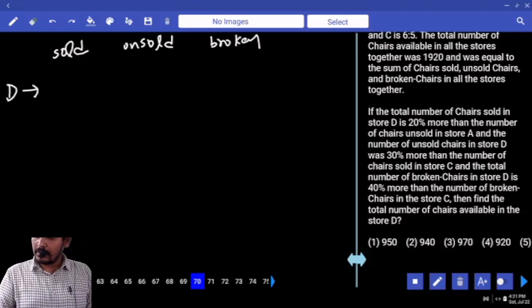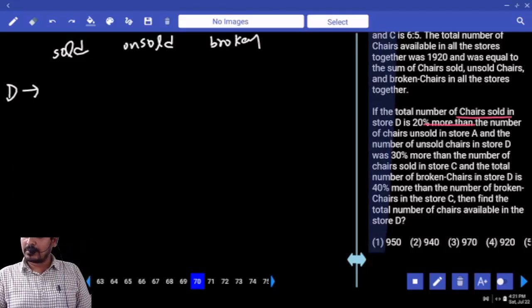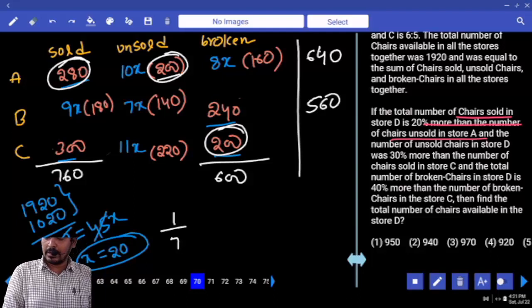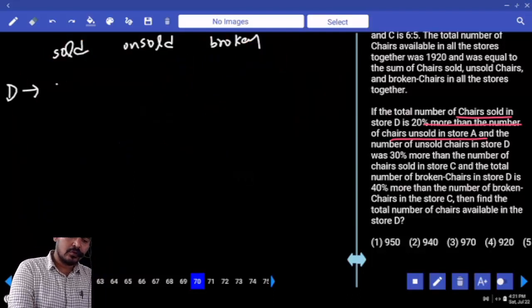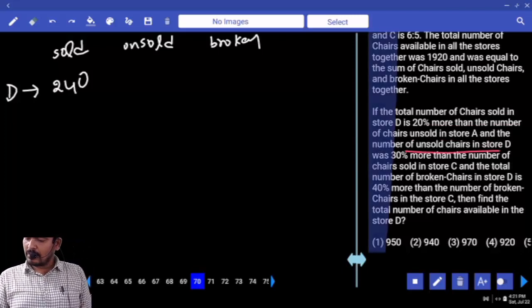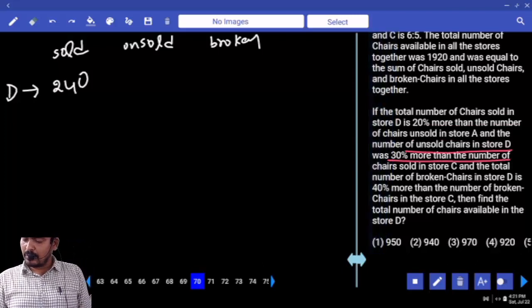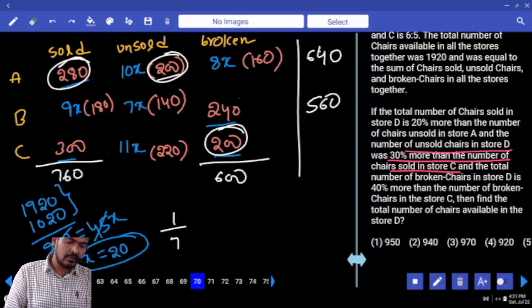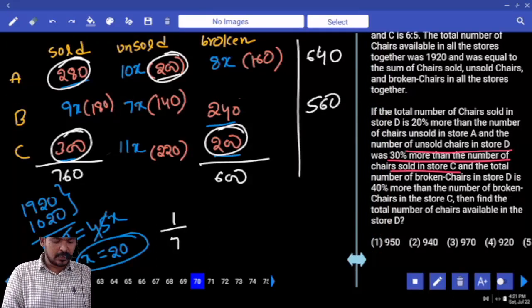What is the first one? Sold value is 20% more than which one? Unsold value of store A. What is the unsold value of store A? 200. 20% more means 240. Next, the number of unsold in store D was 30% more than which one? Sold value of store C. What is the sold value of store C? 300. 30% more means